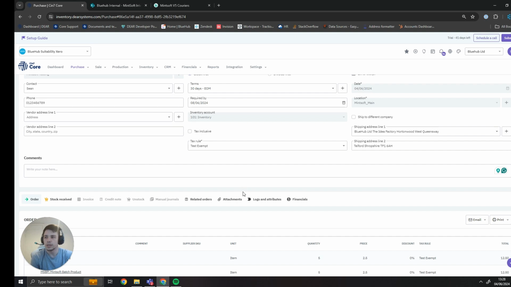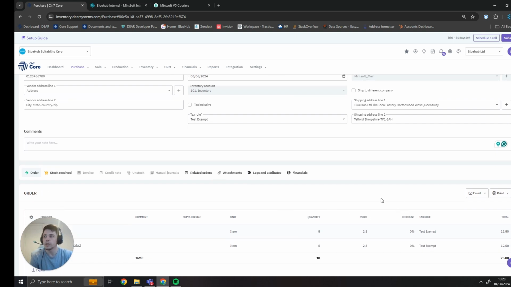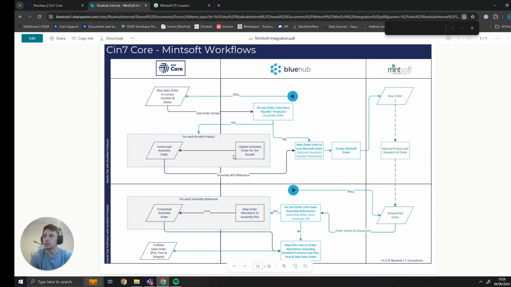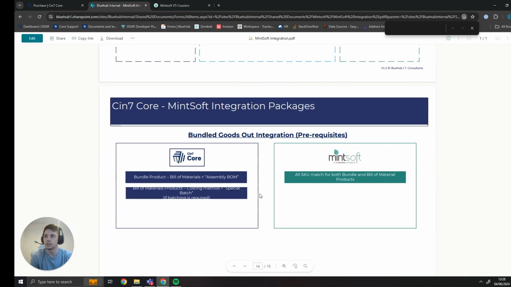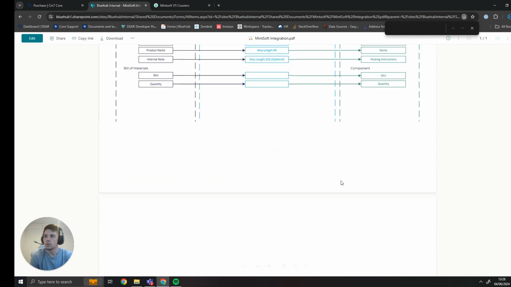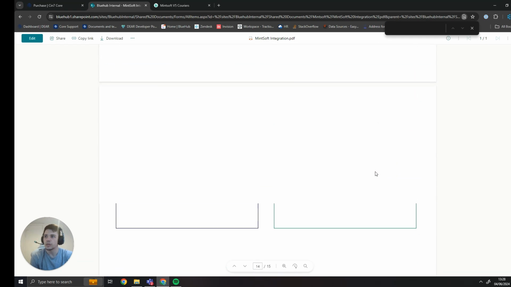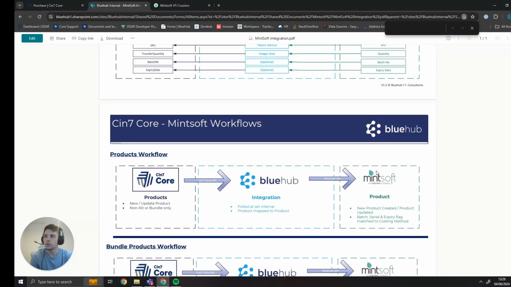The integration will do this on a regular basis, but that may vary from account to account because that's something our developers can change based on essentially how many calls you're paying for in between the two systems. So that one is one that will vary. But from here, I will jump into the Mintsoft integration here just to show you how it's working while it does sync across. So if I just find our purchasing ASN workflow here,